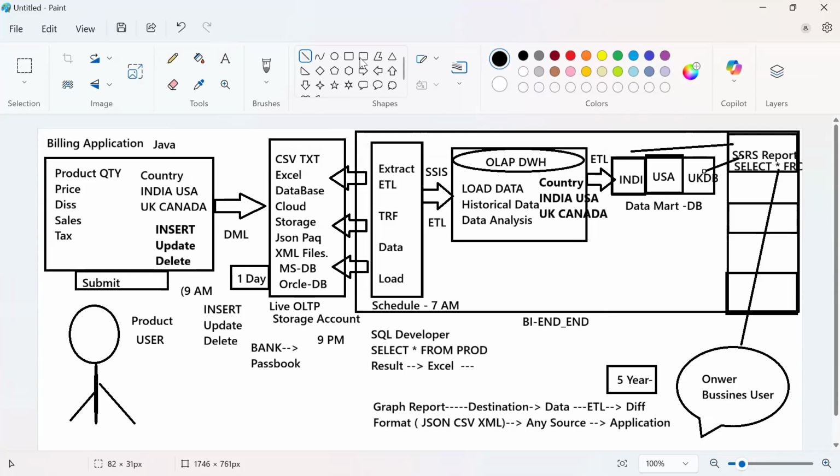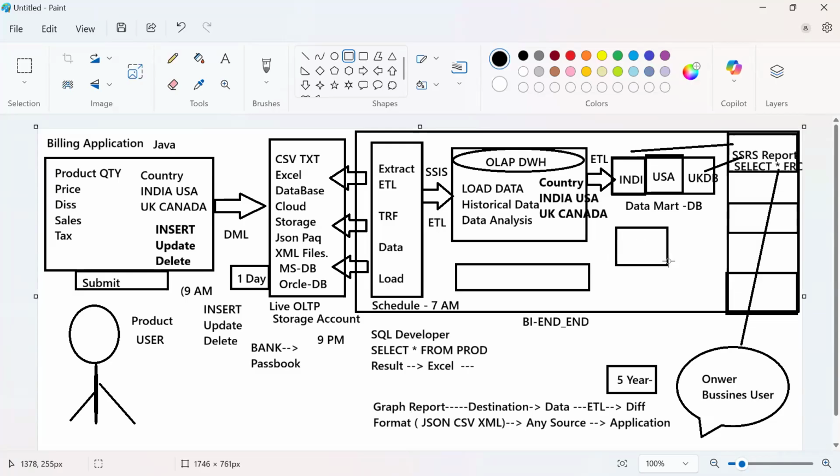There is one more method that we have. Instead of doing that, if you have a lot of data and you want to do the analysis in a multi-dimensional way, you have one more option called the tabular model, summary model, that is for data analysis, or you have a multi-dimensional model.